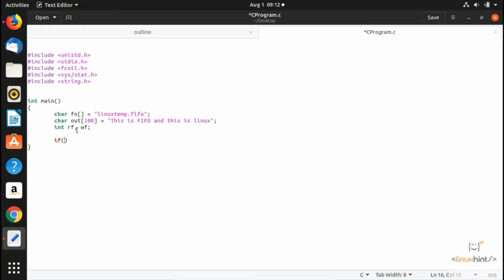So now I would write here mkfifo, we would call it, and inside of that we would pass two arguments. One is the file and the other one is the mode. Okay, so let's keep it in the mode of S_IRWXU. Okay, and then we put a not equal sign, and then we keep it to 0, and after that